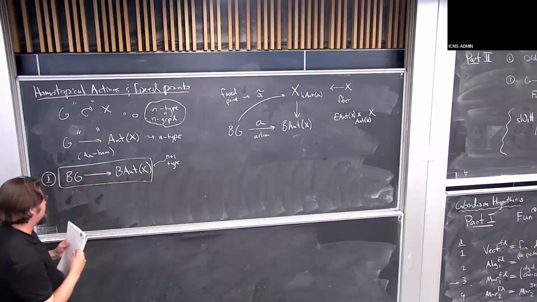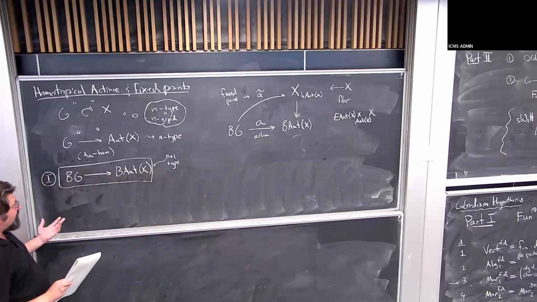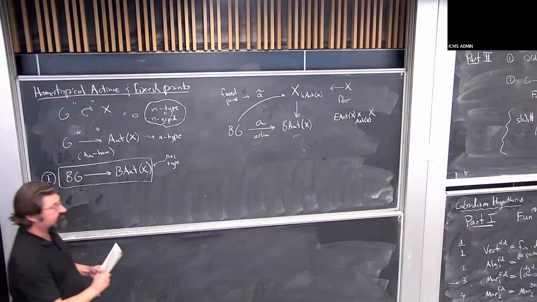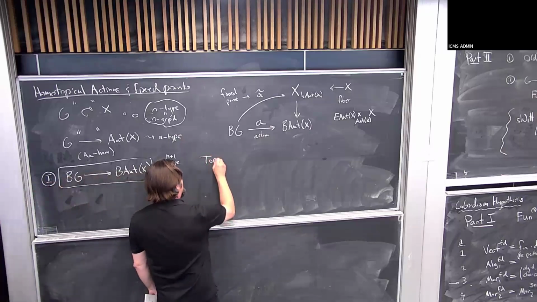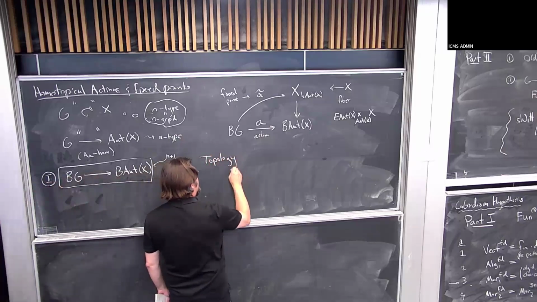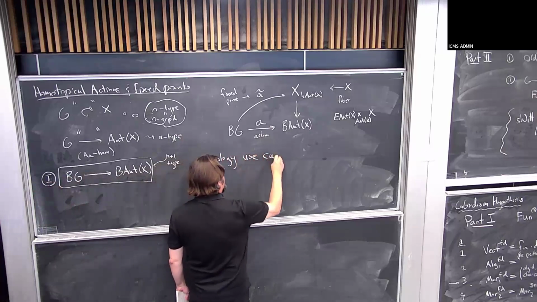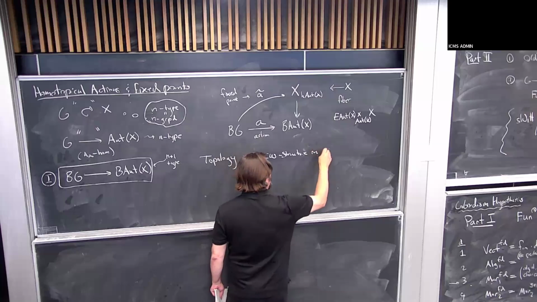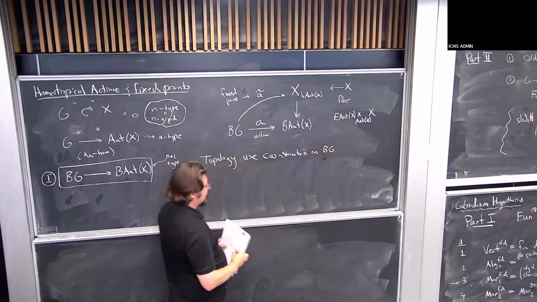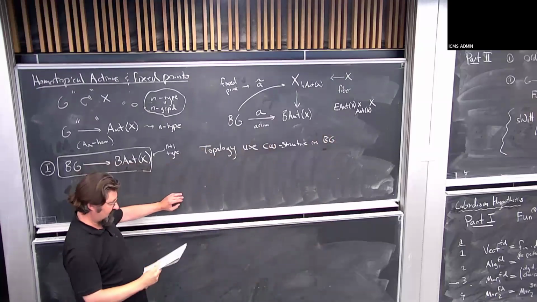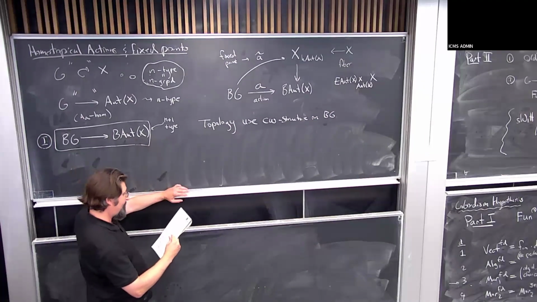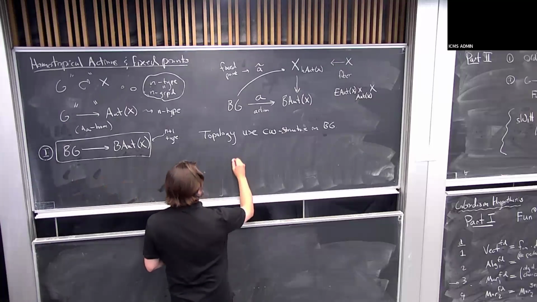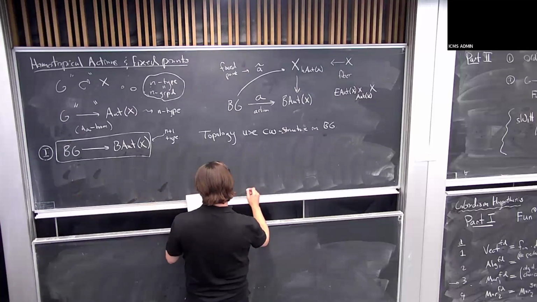topology says that the very first thing you should try, when you're mapping out of something, is to give it a CW structure. So topology says use CW structure on each. So the idea, so for example, for the action,